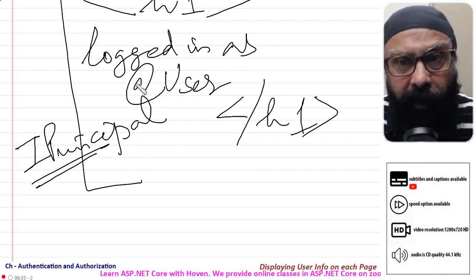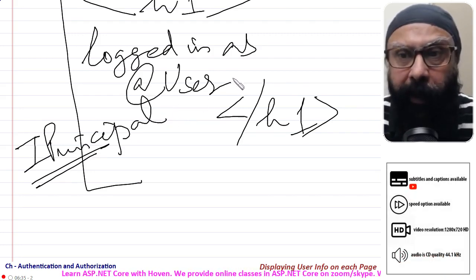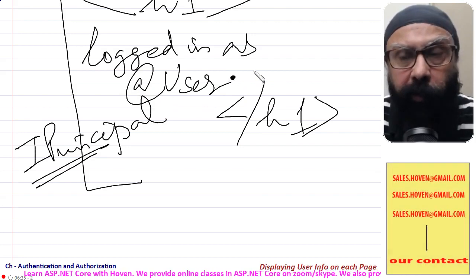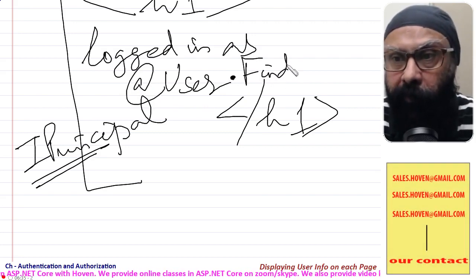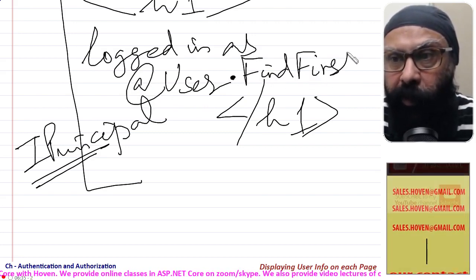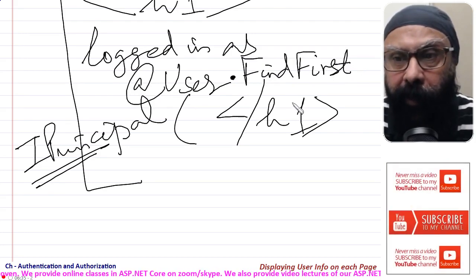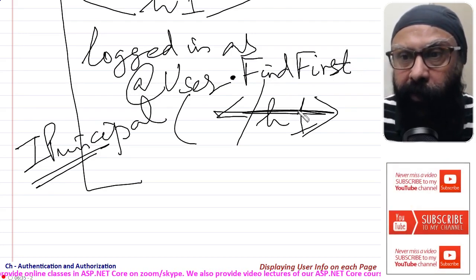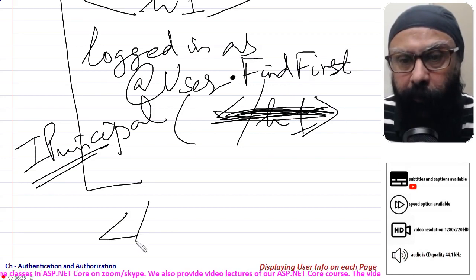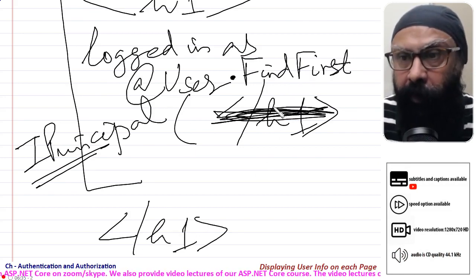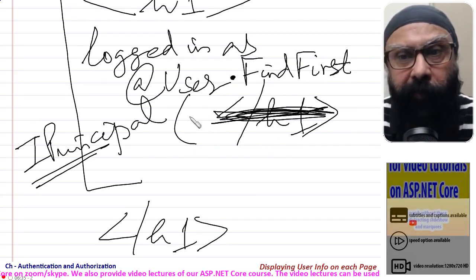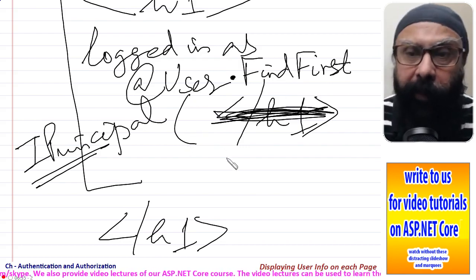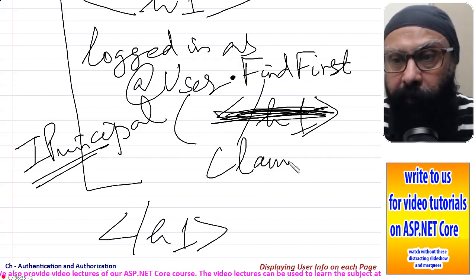So you can blindly use @User.FindFirst, and in the bracket, I've now messed up the thing, so I'll remove this and move it here. So @User.FindFirst, this bracket starts, and here you write ClaimTypes